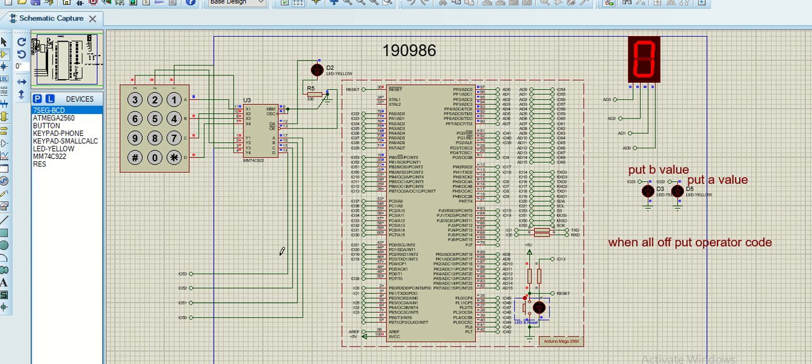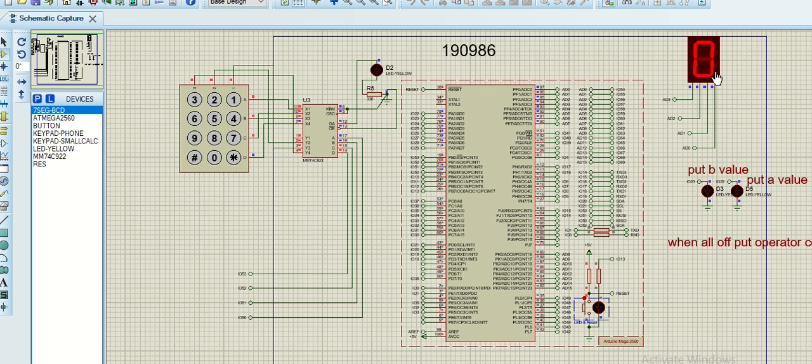6 was not being displayed properly, so I will input any other numbers. So I have pressed 1, now I have pressed 2. So when the second LED turns on, I will press 1. So we have 2 and 1, and now we have to add them, so I have pressed 3. Now it will give us the output, which is 3. Adding both of them gave us 3.